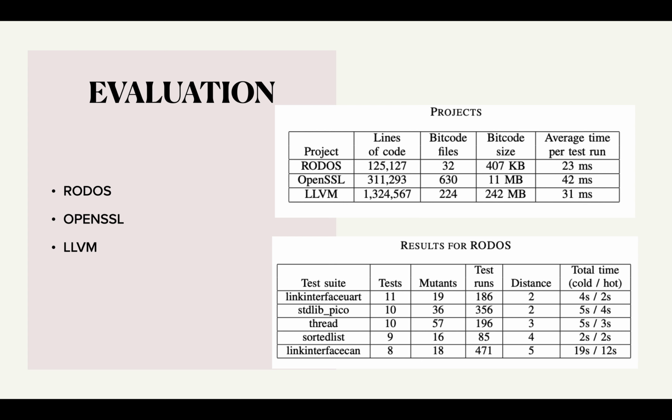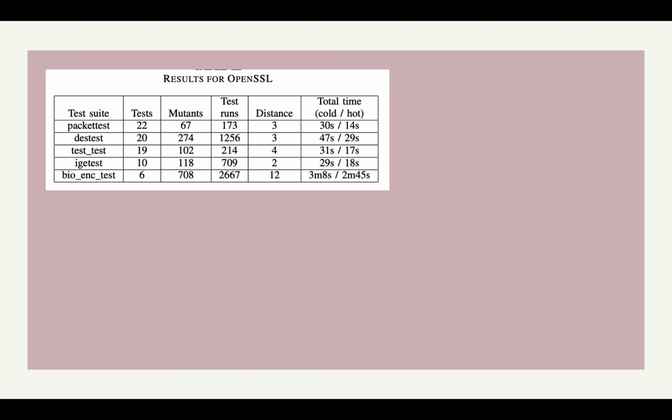To compile OpenSSL, one has to invoke configure script to prepare build system. Here we invoke configure script by passing FLTO to enable LTO, which produces bitcode files instead of object files as built artifacts. Then we compile the test suites of interest and construct separate configuration files for each of them. The results are shown in this table.